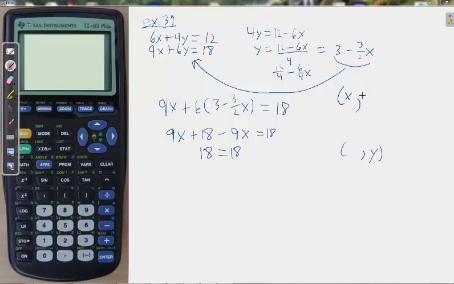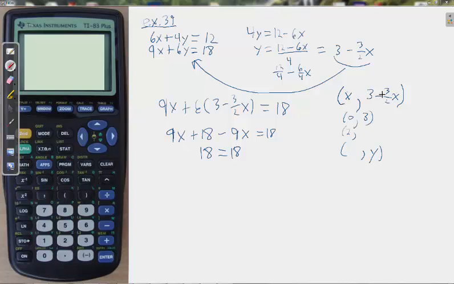So if the first one is x, the second one is 3 minus 3 halves x, because we just solved for y. Y would have to be 3 minus 3 halves x. So for example, if x was 0, y would have to be 3 minus 3 halves times 0, 3. And if you plug that in, 0 plus 4 times 3 is 12. 0 plus 6 times 3 is 18. Also, let's say if I pick 2,